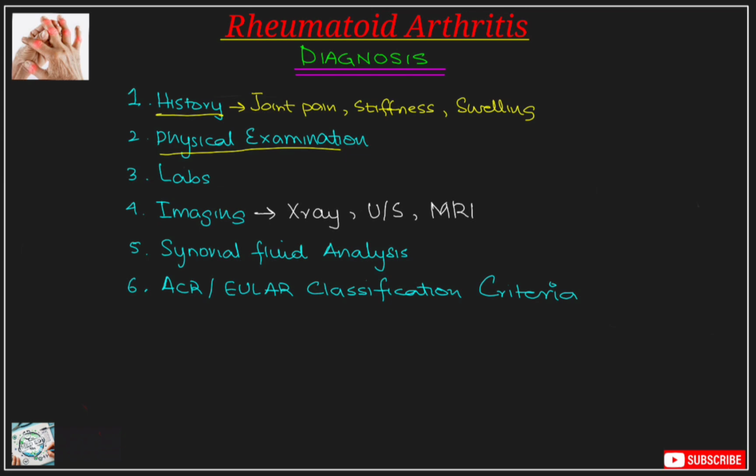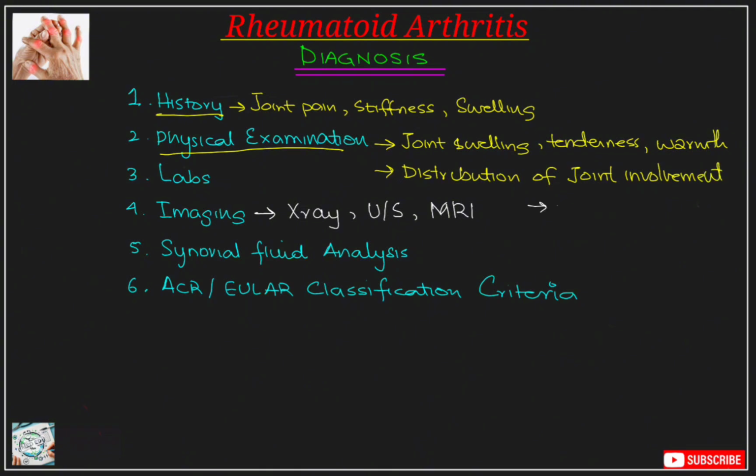The patient may also experience extra-articular symptoms like dry eyes, skin nodules, and shortness of breath, which could indicate lung involvement. The history should also include risk factors like smoking or family history of autoimmune diseases. Next comes the physical examination. Here we look for joint swelling, tenderness, and warmth,